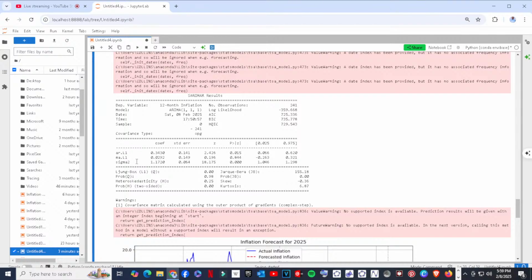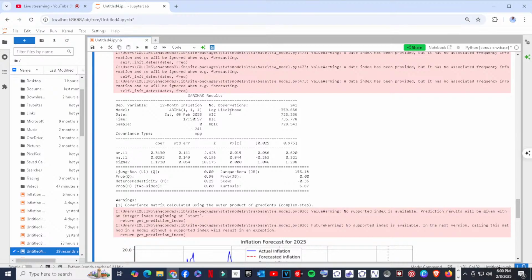There's a lot of output here that we may not have to take. For our purposes, I know many of my viewers are not interested in all this, but rather in understanding the data. But if I should briefly mention what these SARIMAX results are, we see that the model we have used is ARIMA(1,1), and somewhere we see AIC.